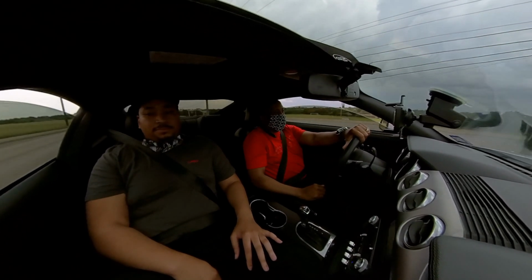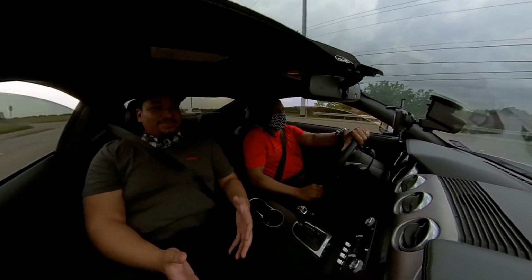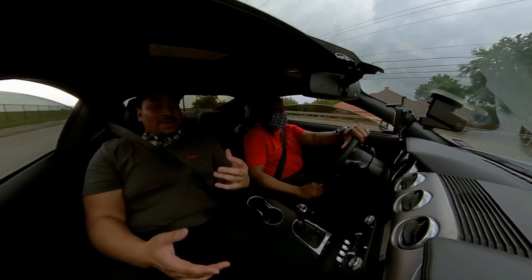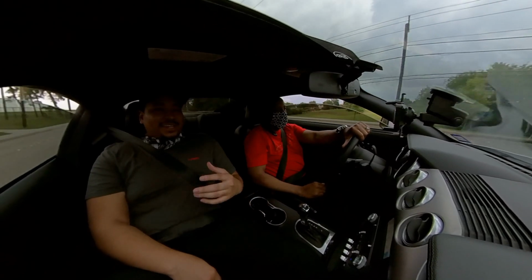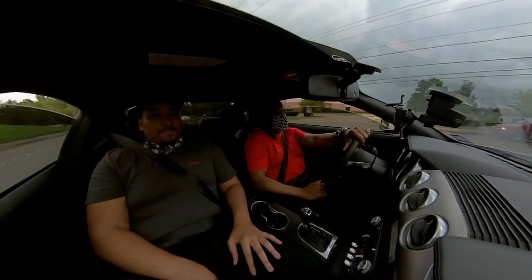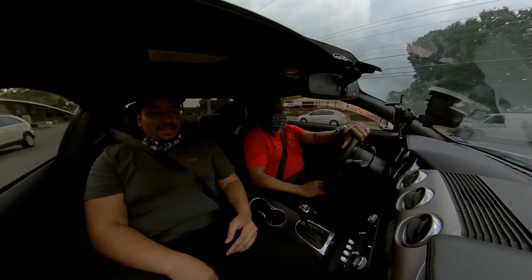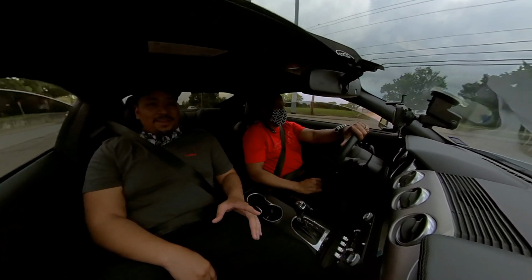And then the Challenger is kind of on the flip side. The Challenger was too big, even though the space is nice. But I wanted something more sporty because I like sportier cars. And as soon as I got behind the wheel of this, I was like, okay, this is where it's at. Because it really wasn't on my radar, honestly. And then once I saw what you can get them for, and I felt how nice this drives,